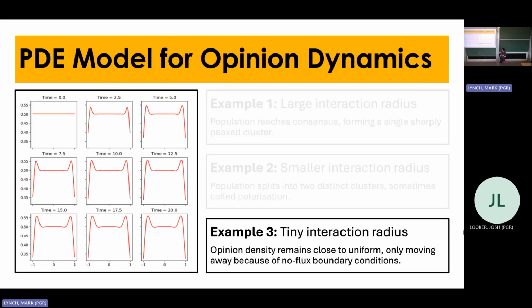So the people at 1, everyone that they interact with has an opinion less than theirs. So they're going to move in slightly. And that's why you get this little dip and this little peak here. But it's not really an opinion cluster. They're not clustering together like in the earlier ones. It's just accounting for the boundary conditions.